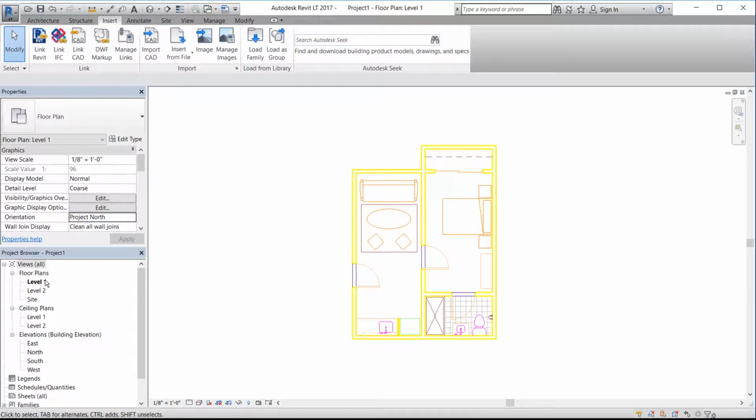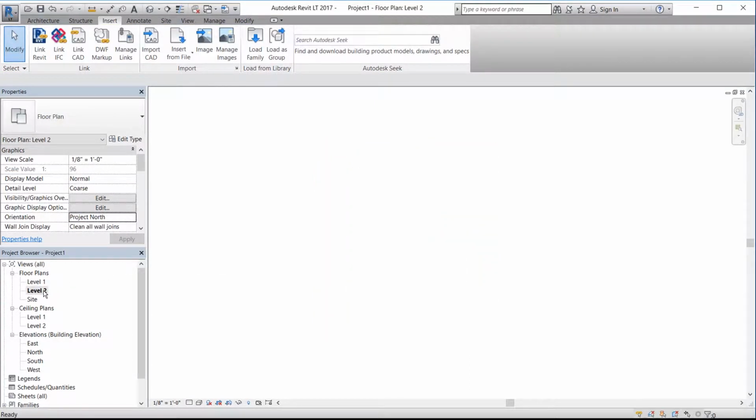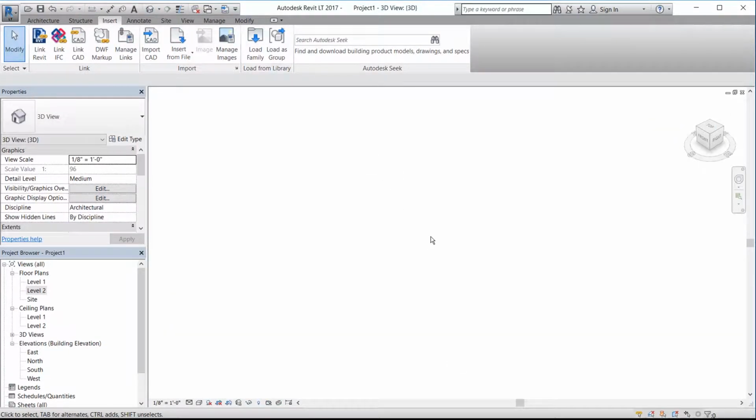It was imported into level 1, so if we open up the level 2 view, you will see that the plan is no longer visible. And if we open up a 3D view, we also see that it is not visible. So if I press ZA, zoom out to fit, it's not showing up. So now let's go back to our level 1 view